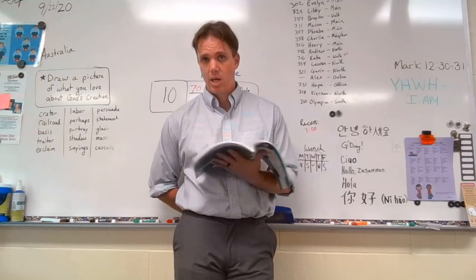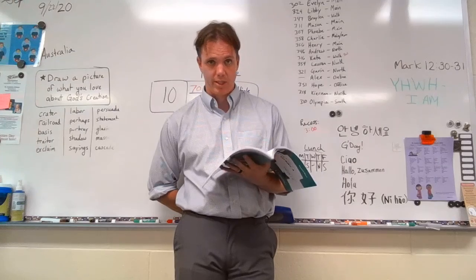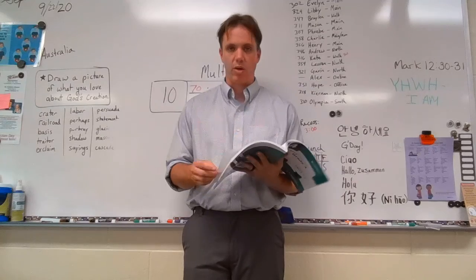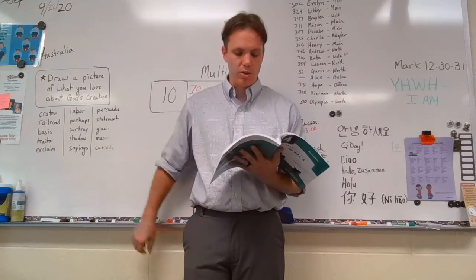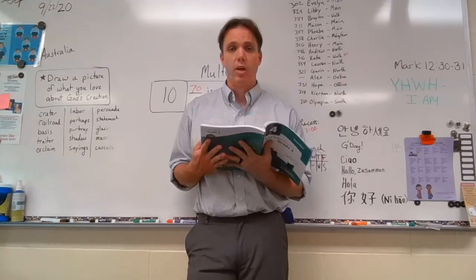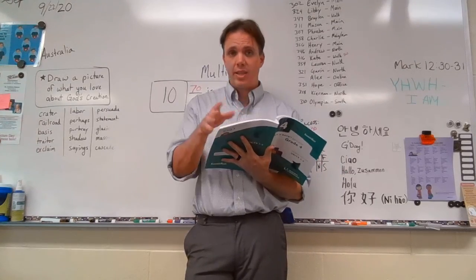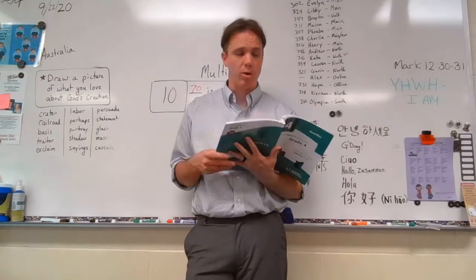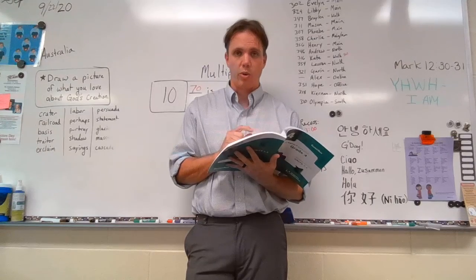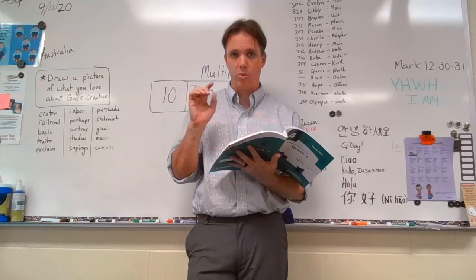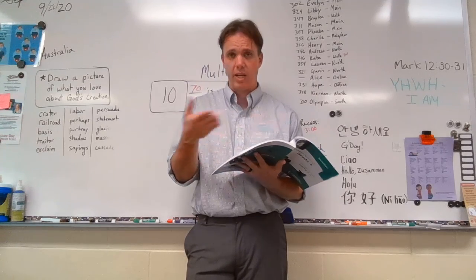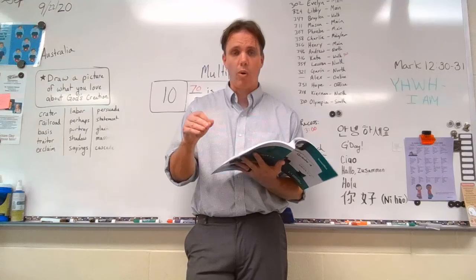So partner 1 picks any even number: 2, 4, 6, 8, 10, 12, 14, 16, 18, etc., even numbers, right? Pick one of those. And then partner 2 is going to choose a number to cover. The number must be a factor or multiple of the first number. So let's say I pick 10, okay? 10 is an even number. If I pick 10, then partner 2 is going to either do 1, because 1 is a factor of 10, 2, because 2 is a factor of 10, 5, because 5 is a factor of 10,